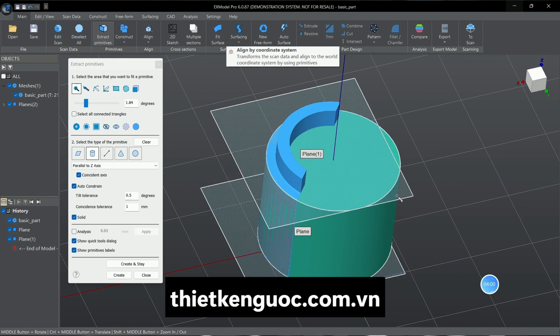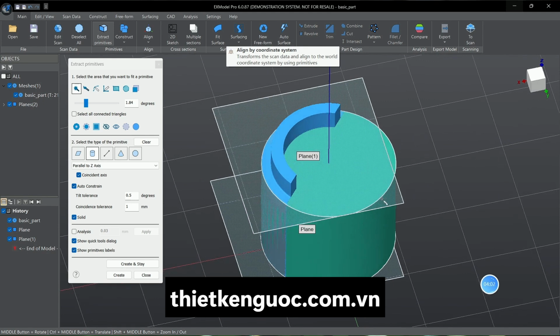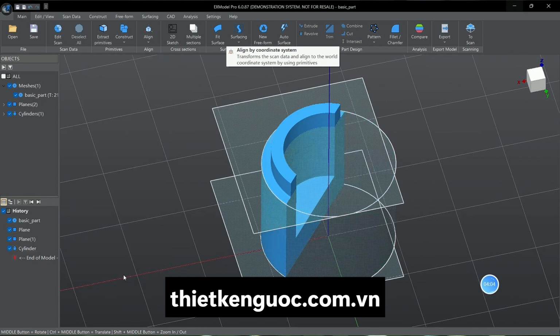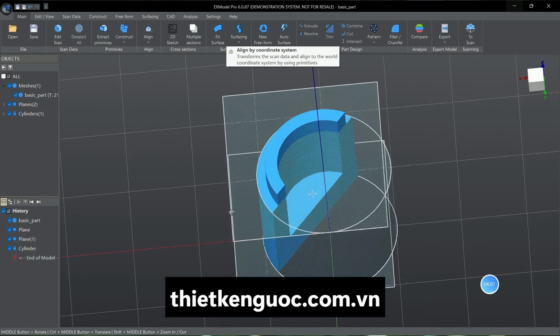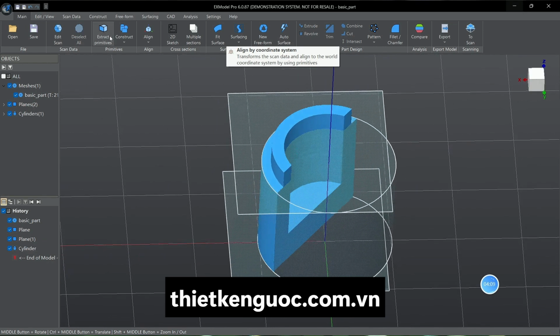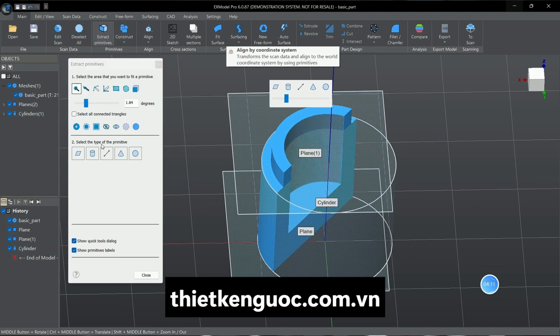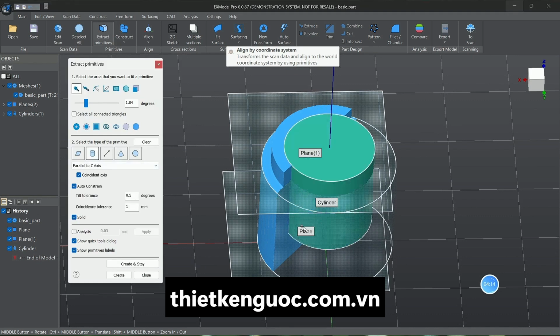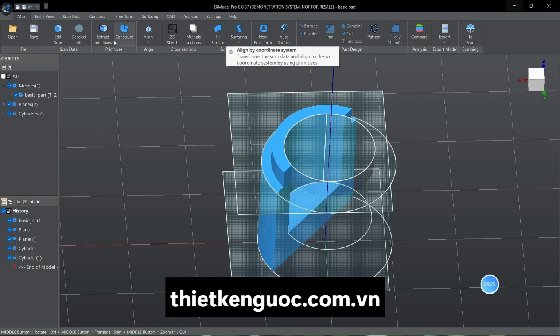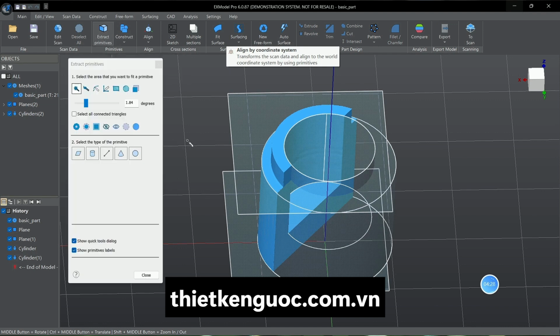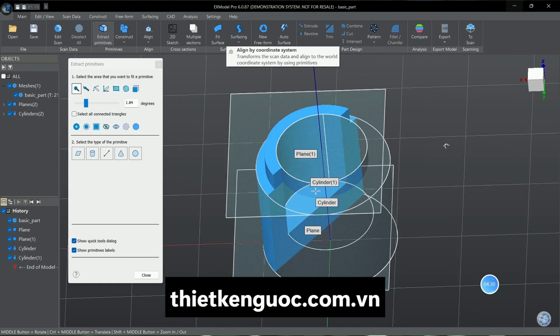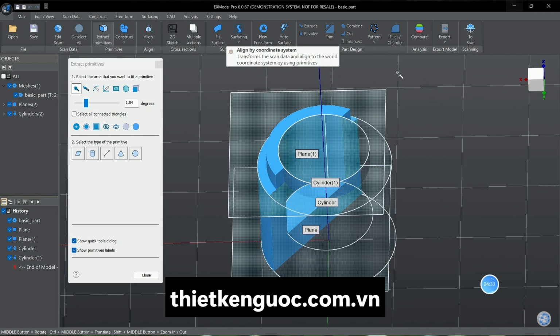And now we'll carry on and create another cylinder here to demonstrate again. As you see, the cylinder now it's again concentric with the z-axis, and this will ensure that both cylinders are completely in line. So this is how quickly you can extract the primitives in a more accurate way. You can always go back and edit them, but with this option, auto constraint, you can create much more accurate models that are